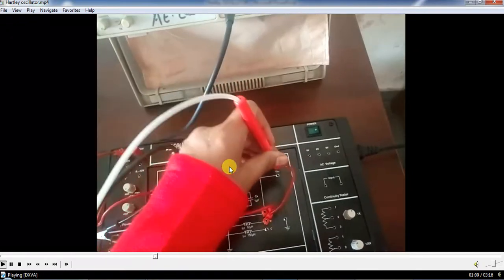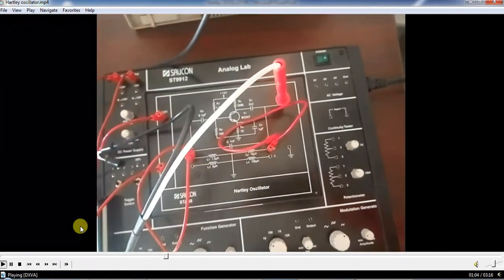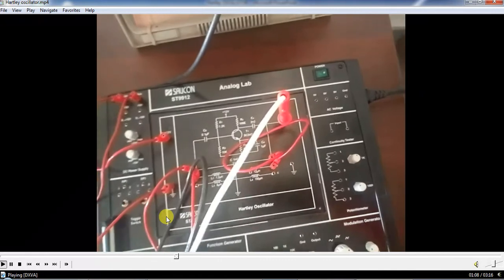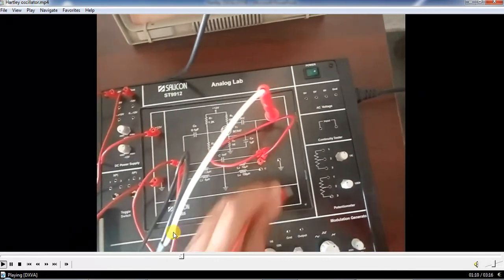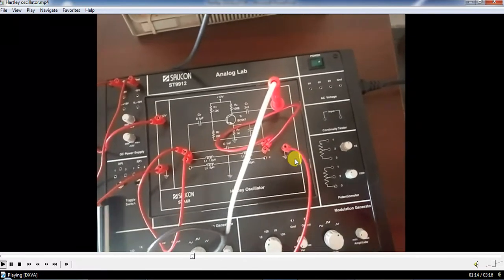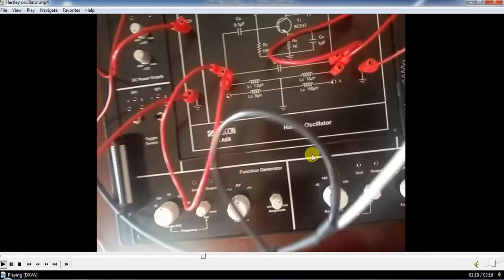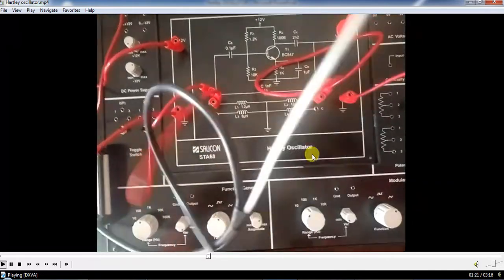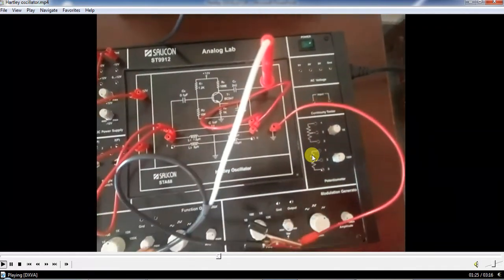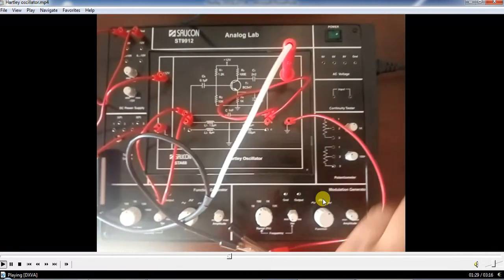This is your output terminal, so you have to connect like this, and this is your ground terminal, and this is used for the ground, so you have to connect like this, and then now your circuitry is ready. So you can now switch on the circuit, this circuit is ready.